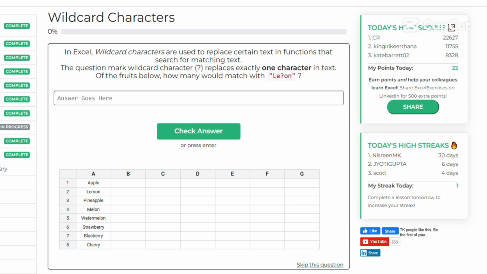Now let's take a look at the wildcard character in Excel. Excel does allow you to use wildcard characters, because sometimes you don't have the information exactly correct, and you can use a wildcard to put in its place. So let's start. In Excel, wildcard characters are used to replace certain text in functions that search for matching